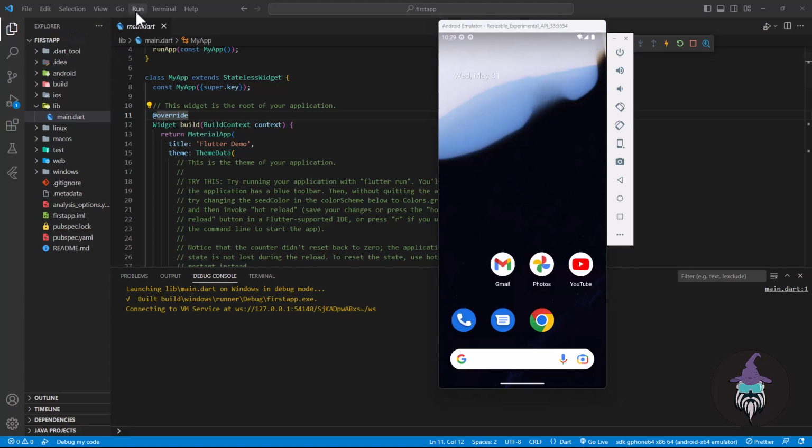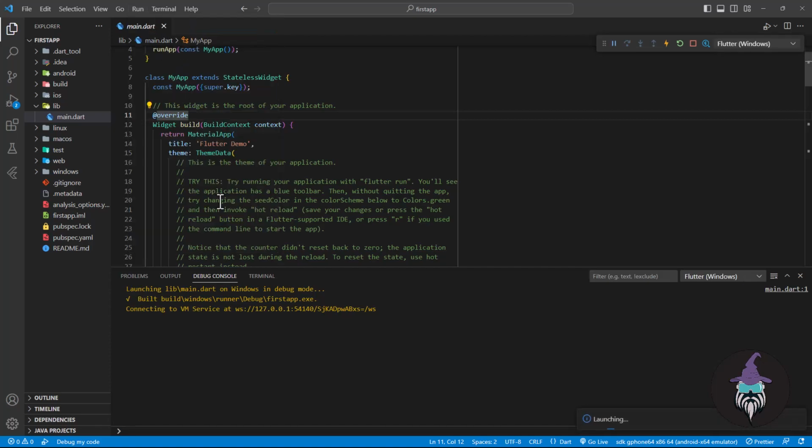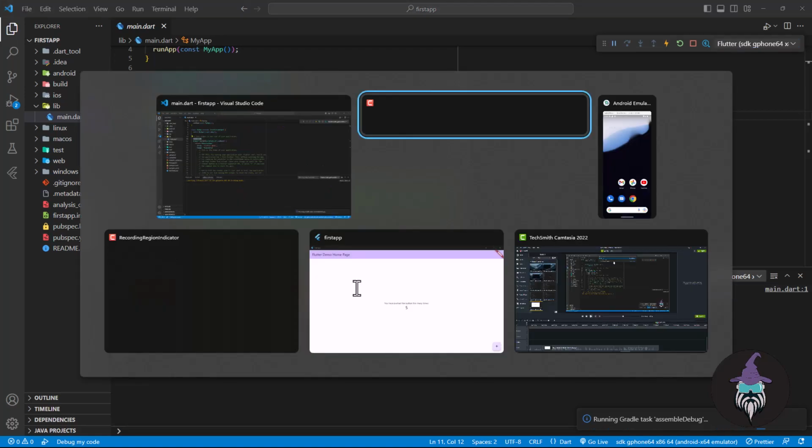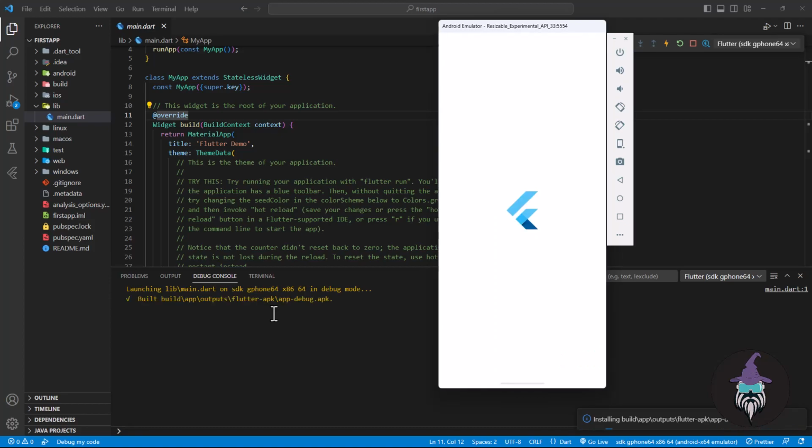We can build for Android emulator by going run without debugging. Oh, sorry, we have to change the platform over here. Flutter SDK and launching main.dart file on SDK G4. The first build always takes some time. Our application is running,